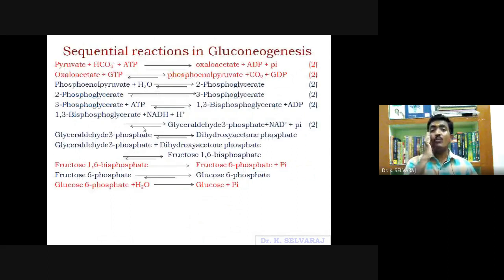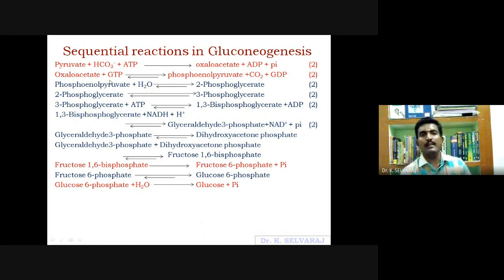Yes, it is a sequential series of reactions in gluconeogenesis. What are the sequential reactions? First, pyruvate, with the help of the bicarbonate ion and one ATP molecule, forms oxaloacetate. Here two molecules of pyruvate are involved, so I mentioned two molecules. Then the oxaloacetic acid is converted to phosphoenolpyruvate. And the third step,